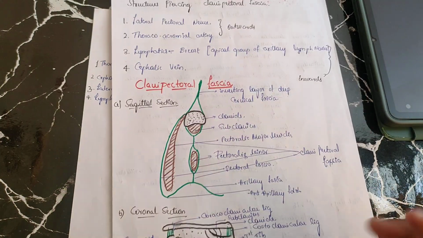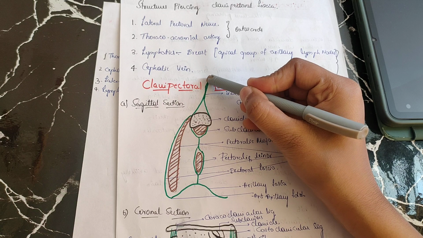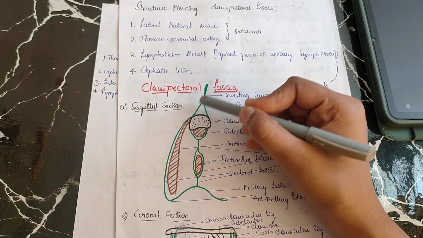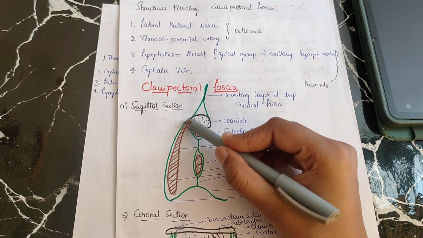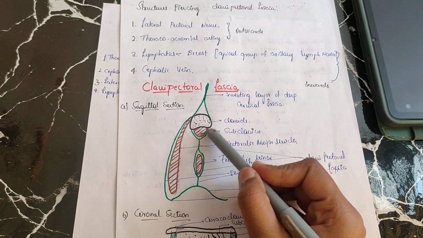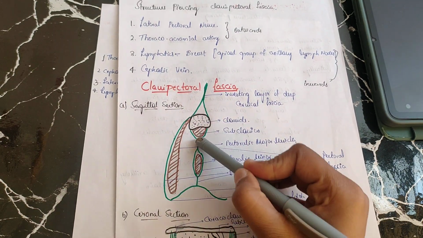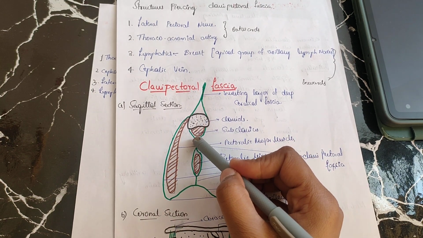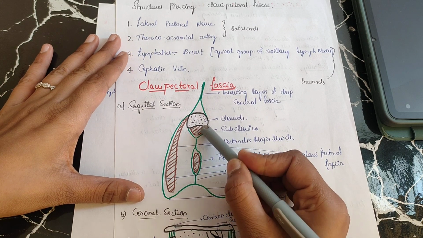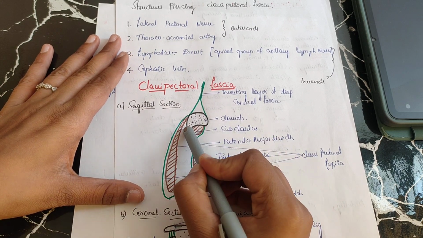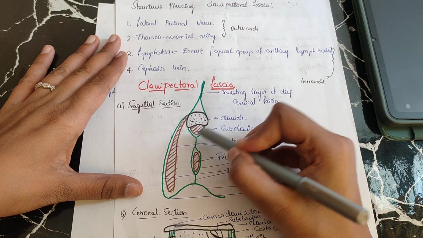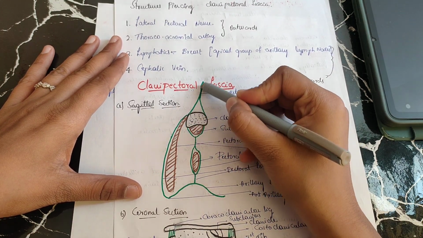And the other things we'll speak of. This is an investing layer of deep cervical fascia, which is the fascia of the neck, and then it splits into two lamina, and it is attached to the clavicle. Below this is the clavipectoral fascia. Above it splits into two lamina. This is the anterior lamina. This is the posterior lamina. Anterior lamina is attached to the clavicle, whereas posterior lamina will be continuous with investing layer of deep cervical